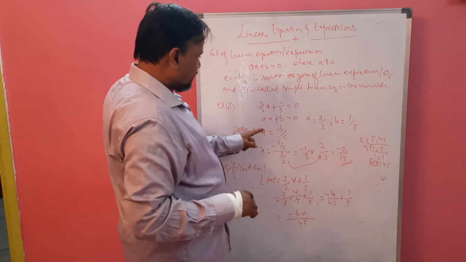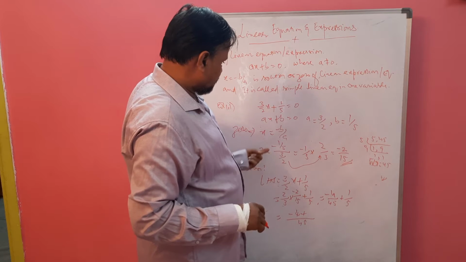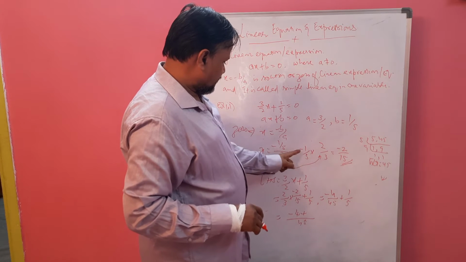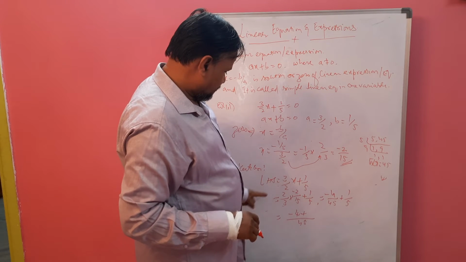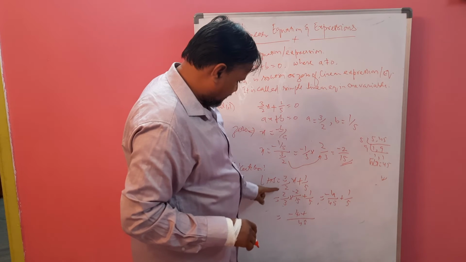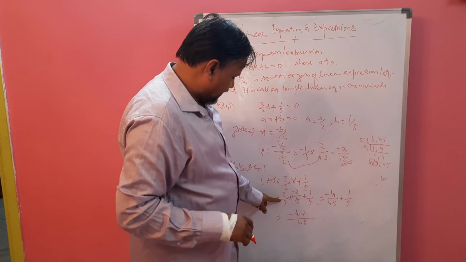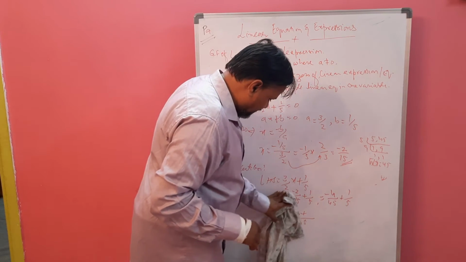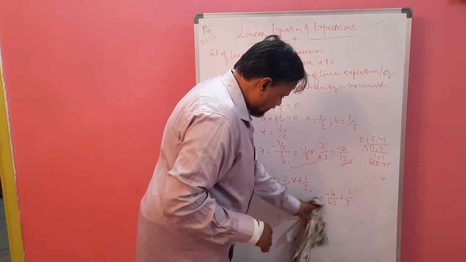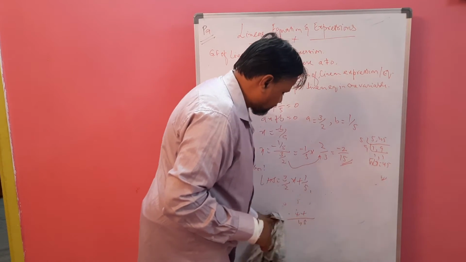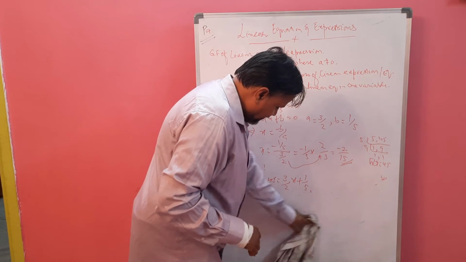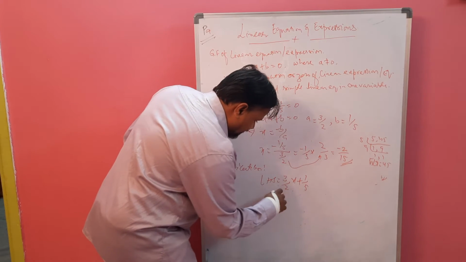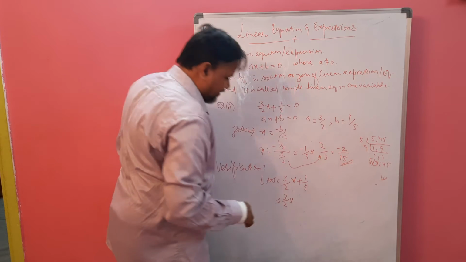Where is that? Minus b. This is 3 by 2. This goes up. Minus 2 by 15. Achha, here I have written wrong. 3 by 2, I am writing here 2 by 3. That's why we are getting some smaller numbers. So I am writing here. That's why it is not becoming 0, and that's why I am worried. Whenever we have to make it, it is 3 by 2, but I have taken 2 by 3. That's why it's not coming.